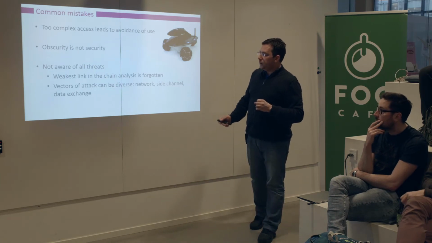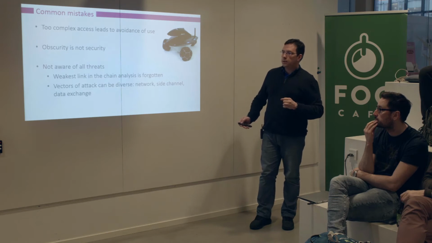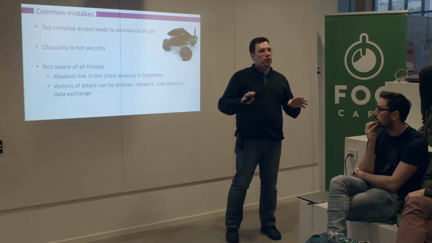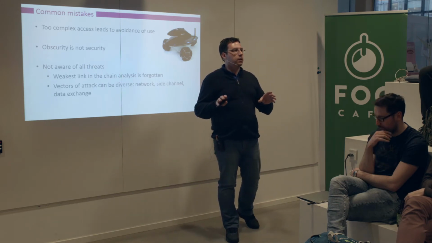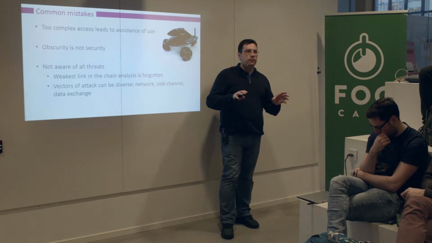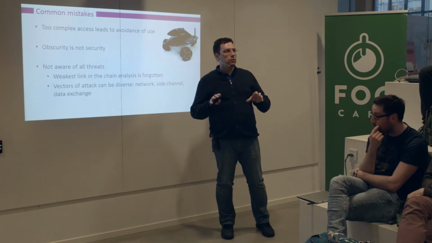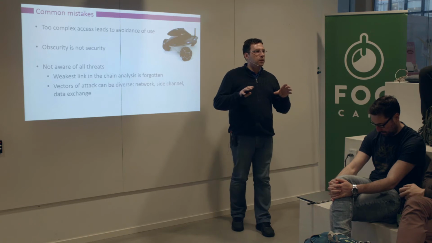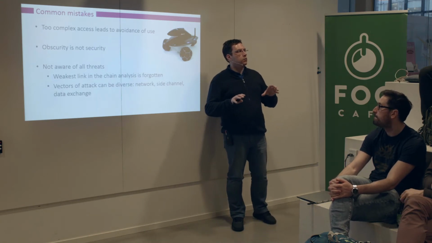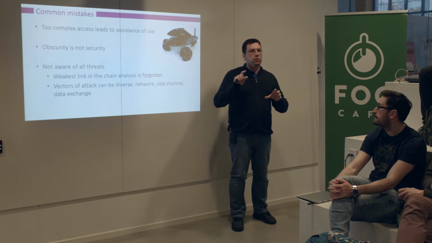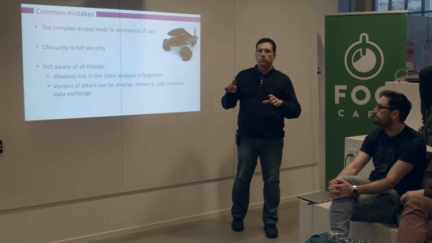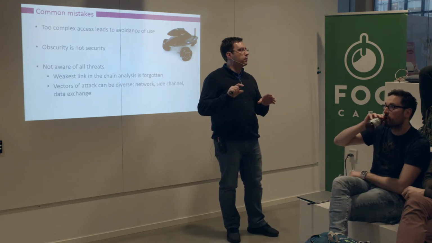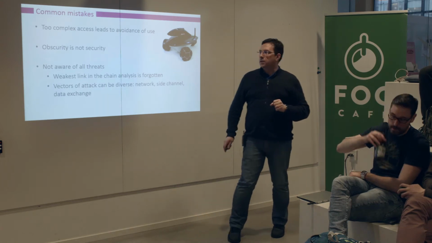And in many cases, we believe that obscurity is a security, meaning that if I cloud information about my system, I will believe that other people are so stupid that they will not identify that I'm clouding the solution. So it's not a solution actually, meaning that in order to have a proper security mechanism, the mechanisms have to be open, and the complete security should rely only on one secret. So we will speak later on about it. Do not try to obscure things and believe that people around us are stupid and they will not notice that it is just an obscurity around the mechanisms.